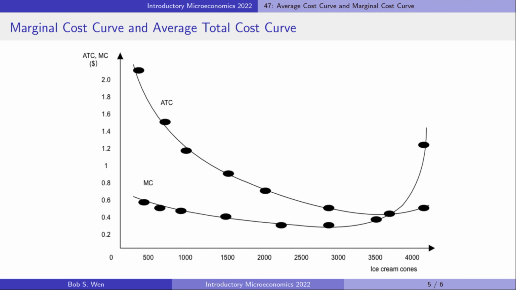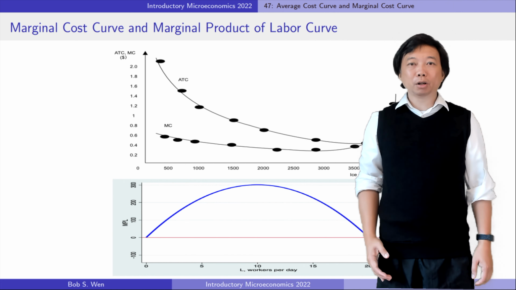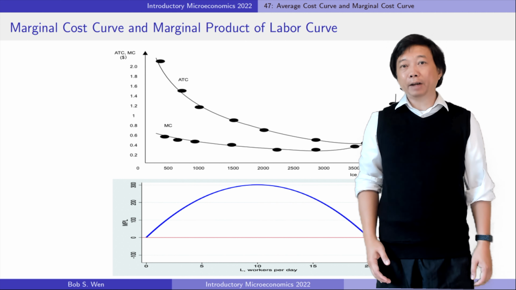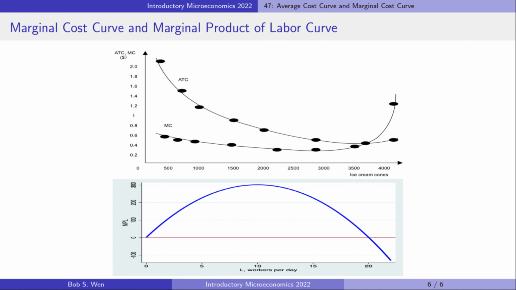The relationship between the marginal cost curve and the average total cost curve is similar to the relationship between the marginal product of labor curve and the average product of labor curve. We can compare the marginal cost of output with the marginal product of labor to help us understand the shape of the curves. When we look at the marginal product curve, we see that marginal product